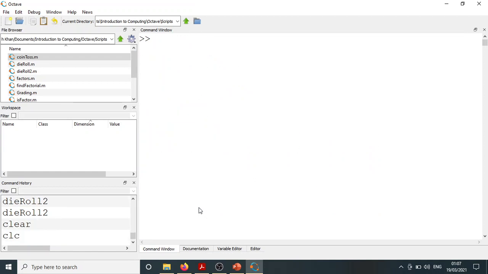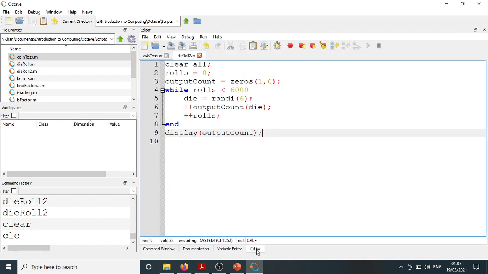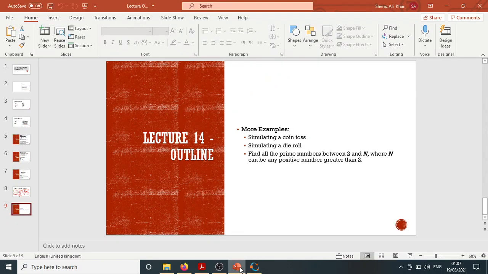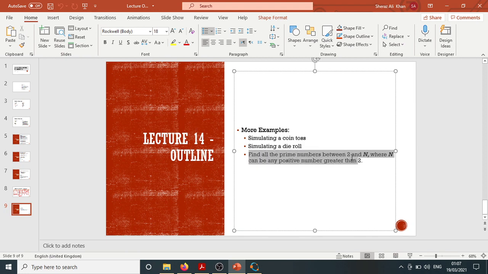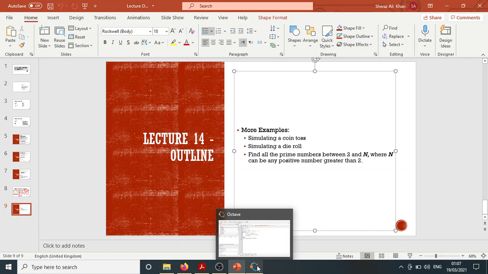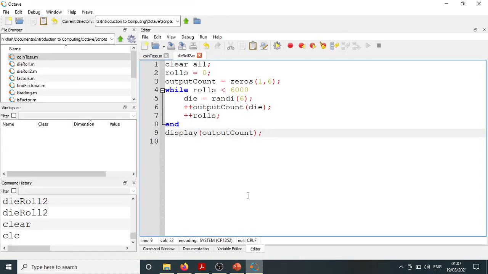I guess ये जो प्रॉब्लम है डाई रोल की सिमुलेशन की, so we have looked at it using two different methods. ठीक है, so I hope this is clear. Now the last thing that we want to do is we want to find all the prime numbers between 2 and N. ठीक है, where N is like the user specifies it, और हम 2 से लेके N तक तमाम numbers को चेक करें, उनमें से जितने भी हमें प्राइम नंबर्स मिलें तो वो सब हम प्रिंट करना चाहते हैं।